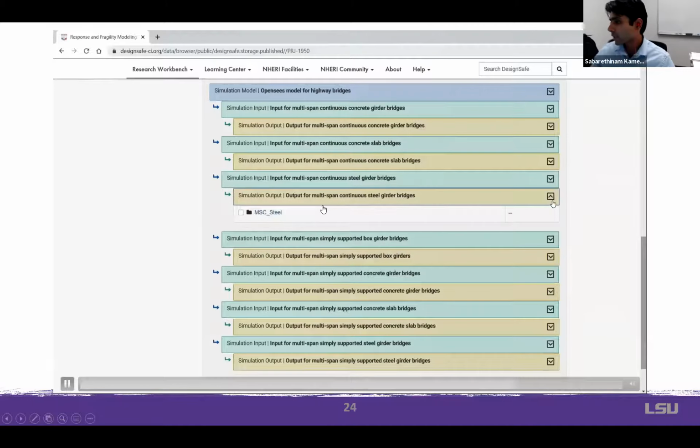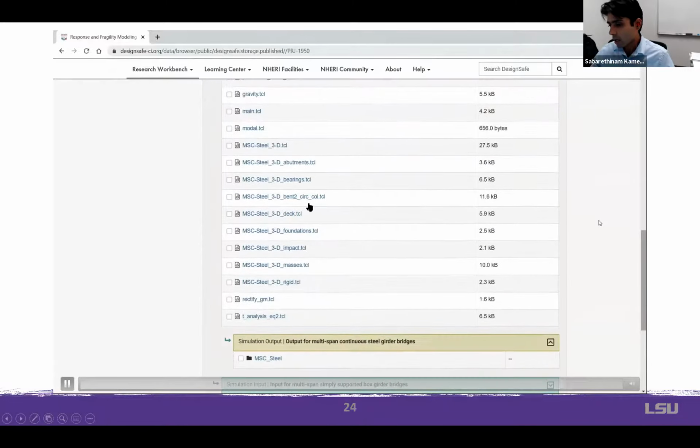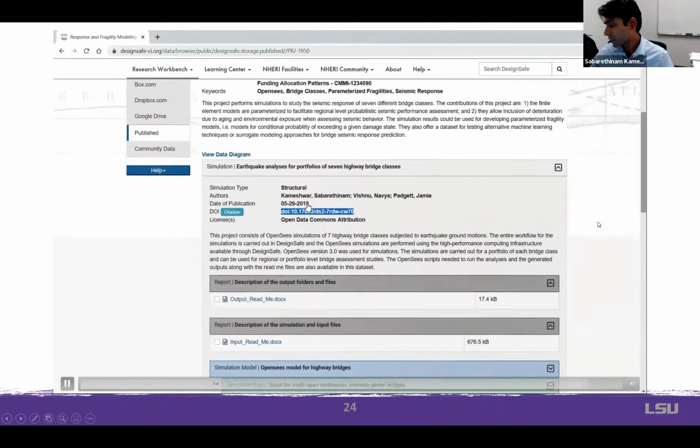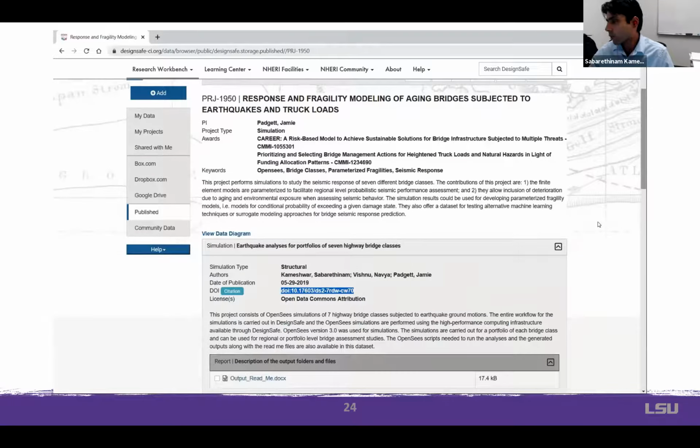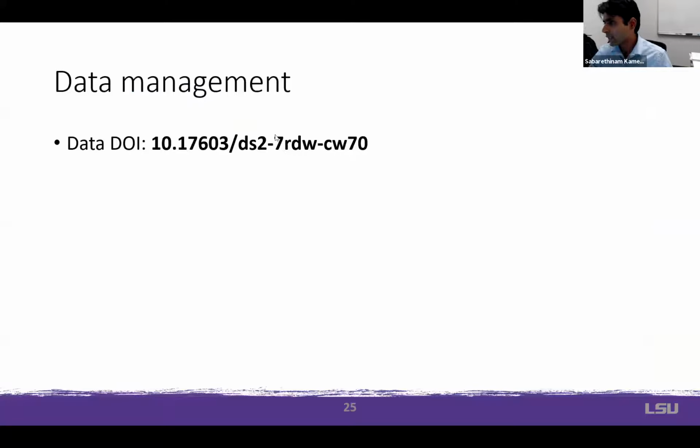And in this particular case, for data curation, Dr. Maria Esteva holds online office hours, and those are very useful because she helped us really on how we can organize and categorize our data so that it is easiest for people to come and use our data. And this is the DOI where we have published all of the data for the results that I showed you. So we have OpenSees codes for 7 bridge classes and simulation results for earthquakes and for truckloads for all of the 7 bridge classes. And each bridge class has 1,100 something simulations. So it's a huge data set that anyone can use and work off of.